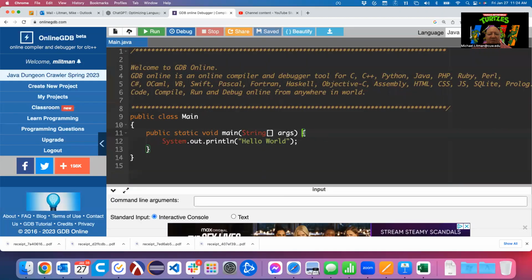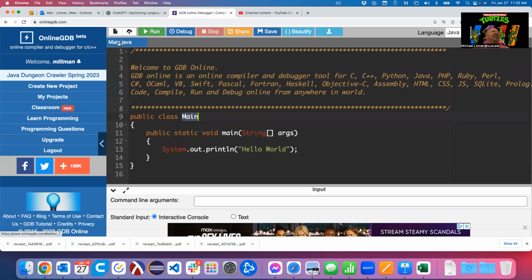All right. I think we saw last time that online GDB requires that this first class be called main so that it can behind the scenes make its thing work. But the only thing that's actually required in Java is that your function where your program starts, all programs begin and end with main, is called main like this. You can rename the variable here args, but it has to be a string array. But the name of your class just has to match the name of your .java file.